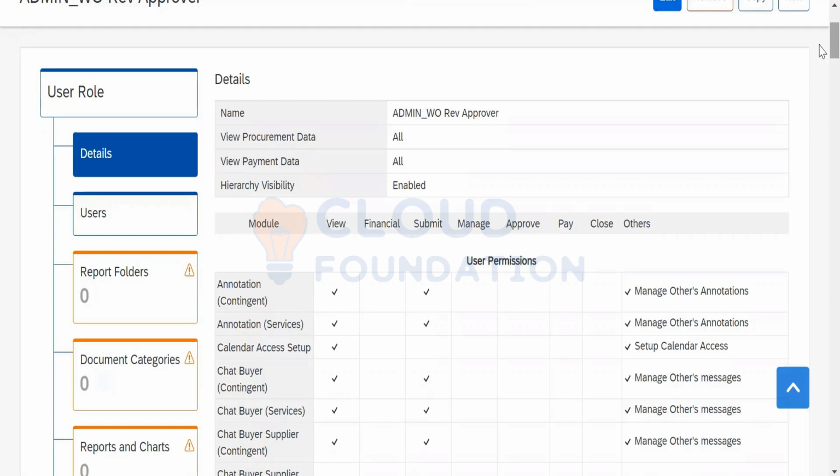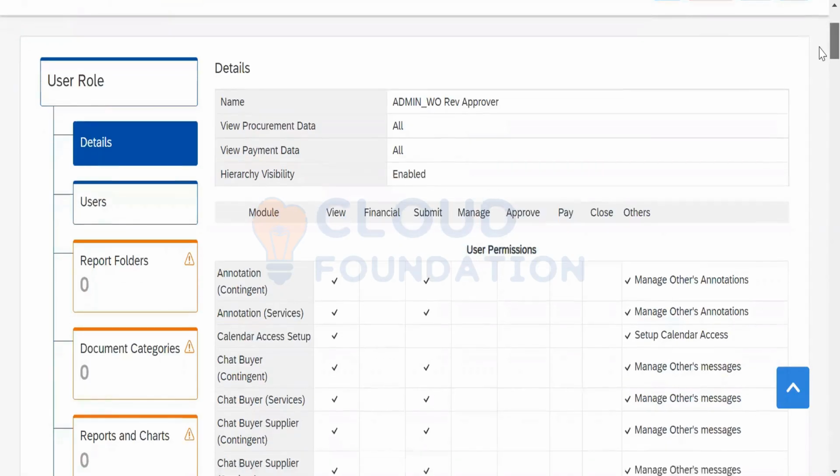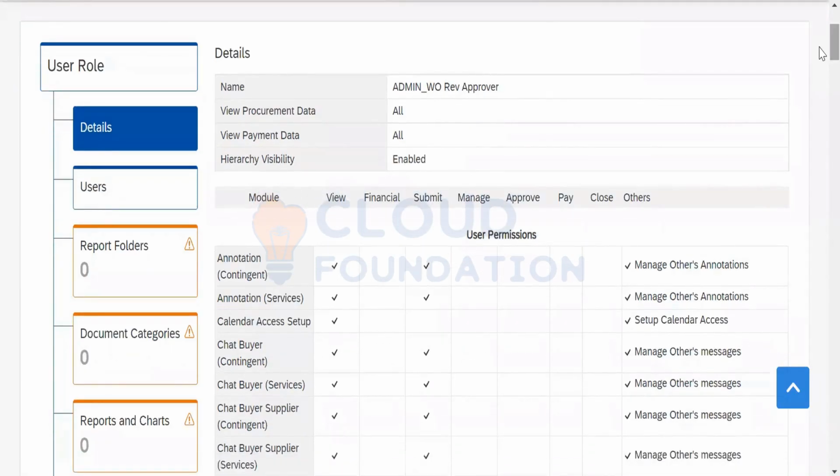In those sessions, they would have decided we need an exclusive administrator who can review the work order before approving. It's only the work order revision, it's not the work order, and hence the name Work Order Revision Approval.